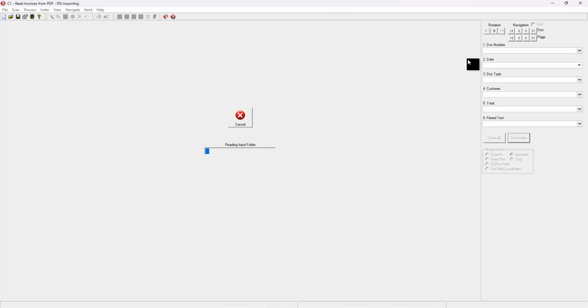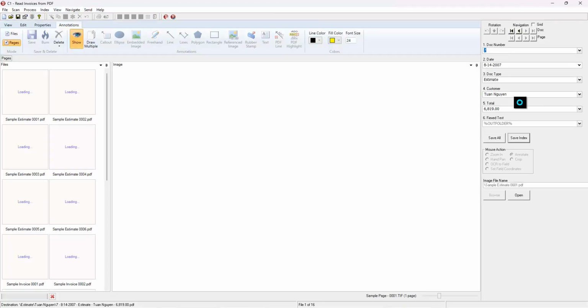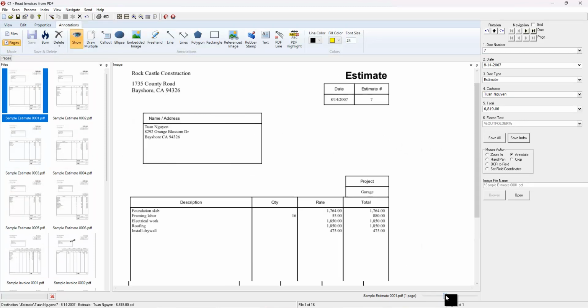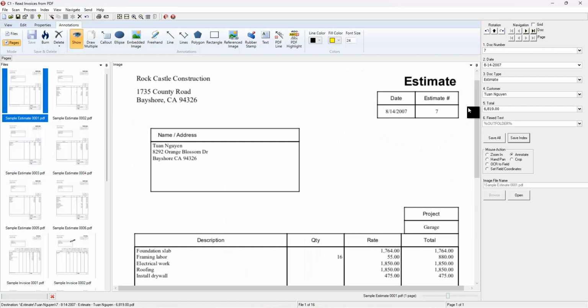And if we run it, you can see we're looking for some different values here: doc number, date, what type of document it is, customer name, and a total. So here we've got all that information. The document number is coming from right here in this corner. The date is right next to it, and then we also have the type, which is going to be an estimate or an invoice in the case of this job, our customer, and then our totals down at the bottom